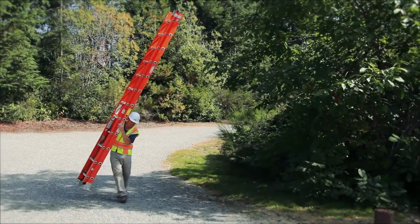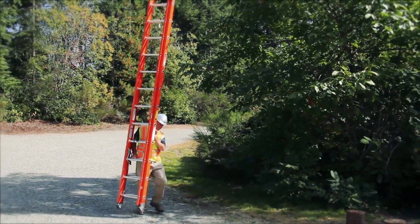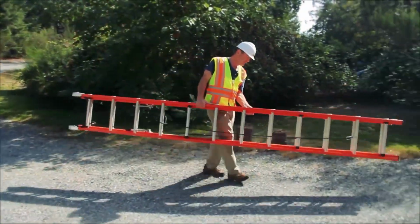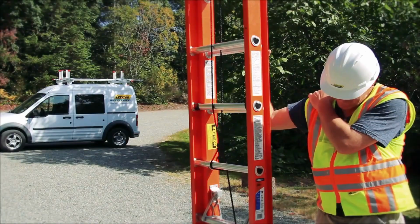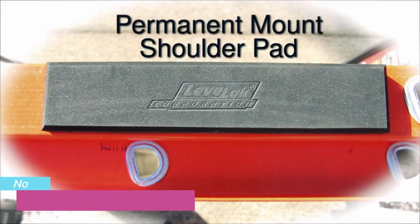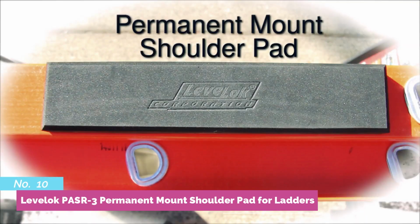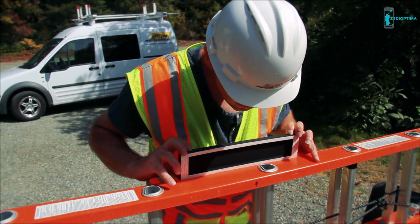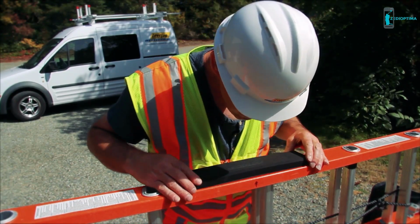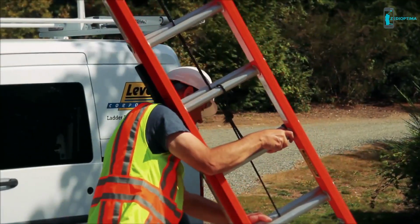Number 10. Trying to carry a ladder is often an accident waiting to happen. It can be an uncomfortable, awkward, and sometimes painful experience. Introducing the Levelok Permanent Mount Shoulder Pad, a light and comfortable way to carry any extension or combination ladder. Installation is a breeze. Simply secure one shoulder pad to the ladder of your choice, making your ladder safer and